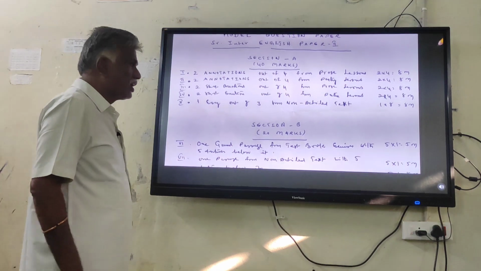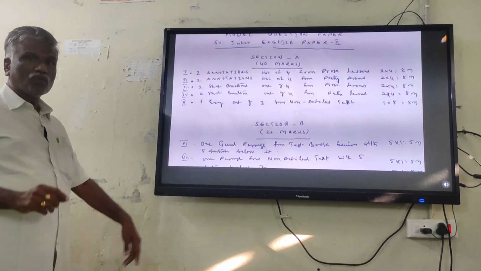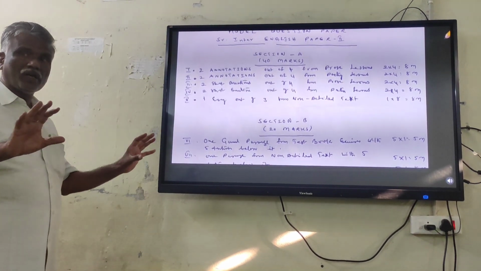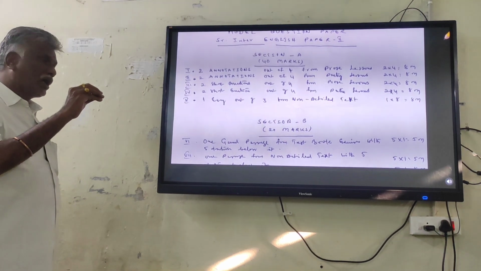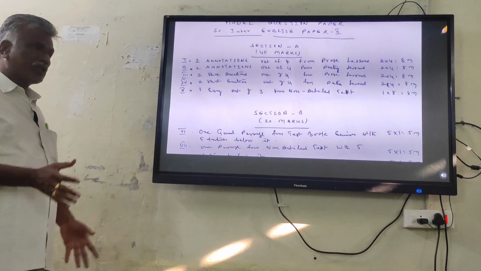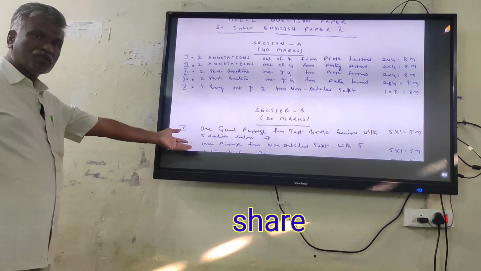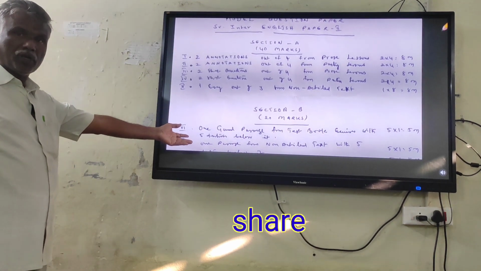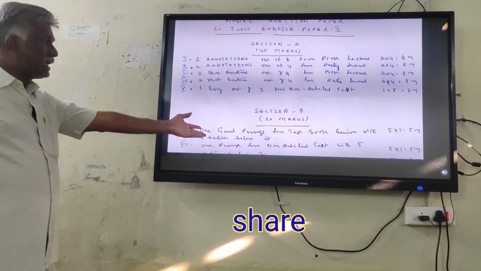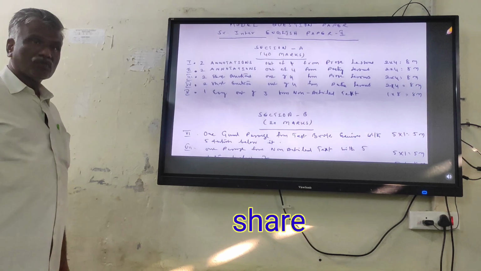Next one is one passage under question number 7. There is one passage from the non-detailed textbook. So this is very important. Unless you understand the events and the characters, you cannot attempt this passage. This is very important. So first of all, you have to go through the entire non-detailed textbook at least 2 or 3 times,